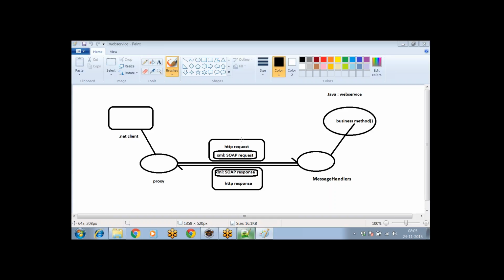What it does is simply call that proxy. That call will be a simple method call in .NET. So that proxy will take that call from the client, the .NET client, and